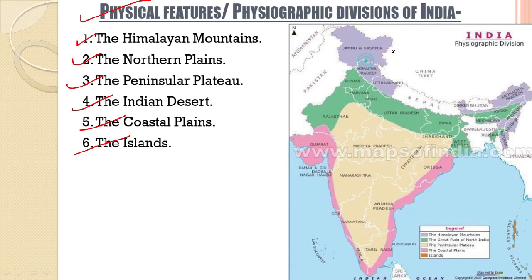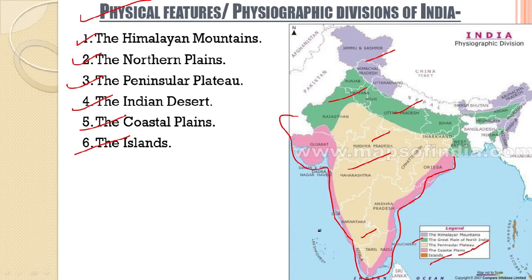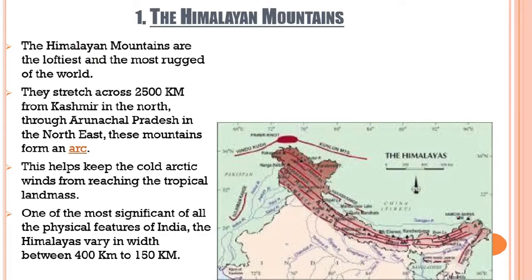Here in the pink we saw Himalayas, then in the green we see the great northern plains of India, then in the saffron or brown we see the peninsular plateau of India, then in the pink we find the coastal plains of India on the eastern and the western Ghats, and then we see the islands, which could be found here as Lakshadweep and Andaman and Nicobar Islands. So these are broadly the physiographic divisions of India.